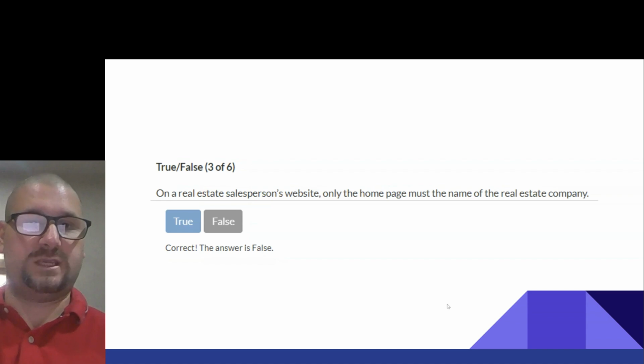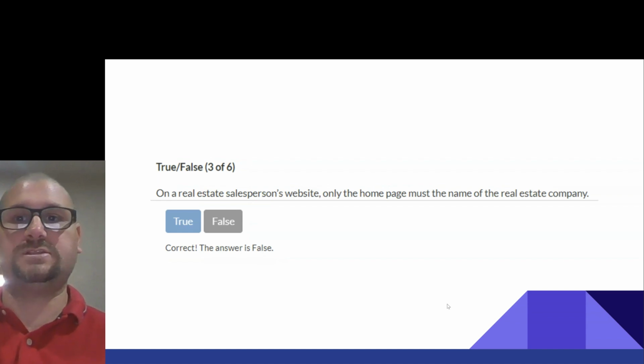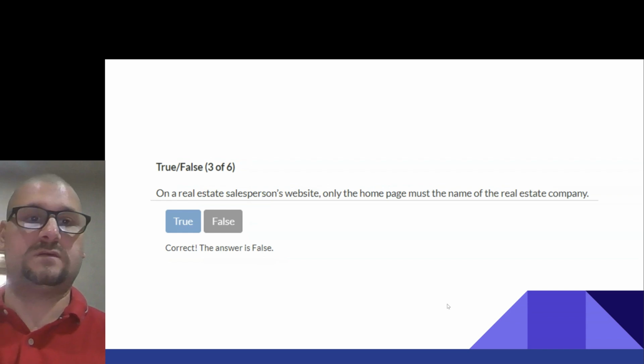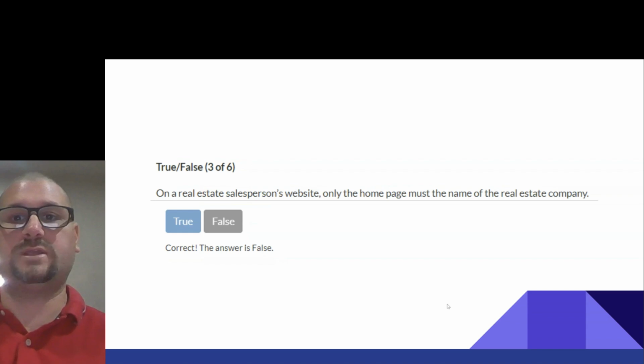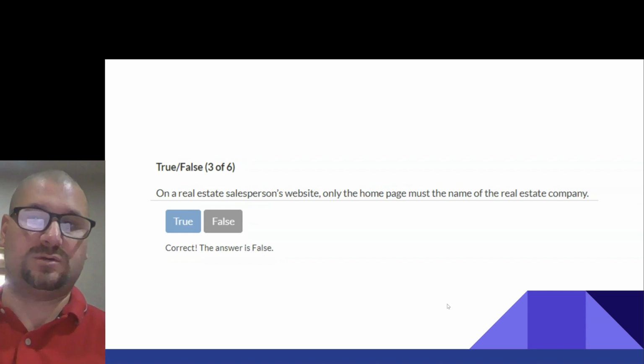On a real estate salesperson website, only the home page must have the name of the real estate company located on it. This is false. So it's not just the home page.